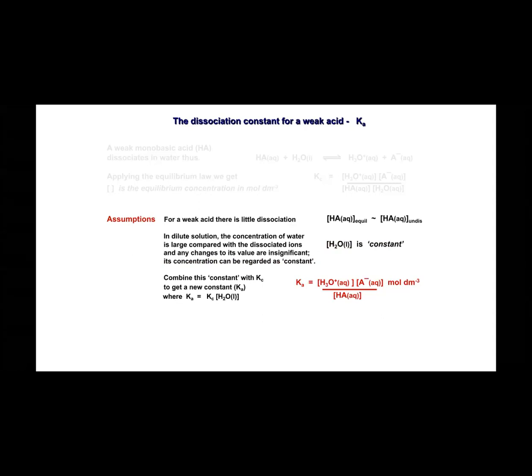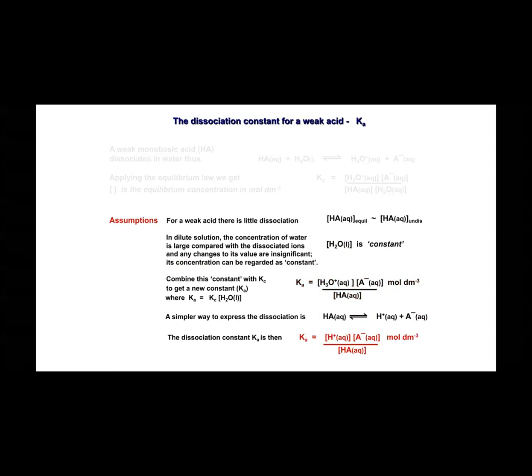Okay. So now, a simpler way of expressing the above equation is HA dissociating to H plus and A minus ion, right? HA is nothing but what? Weak acid, right? So here the dissociation constant Ka can be represented like that: the concentration of H plus and the concentration of A minus divided by the concentration of weak acid, HA, right?